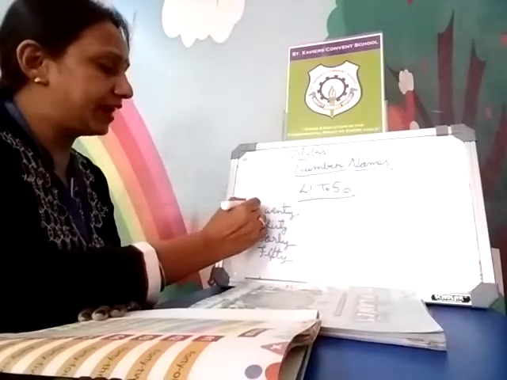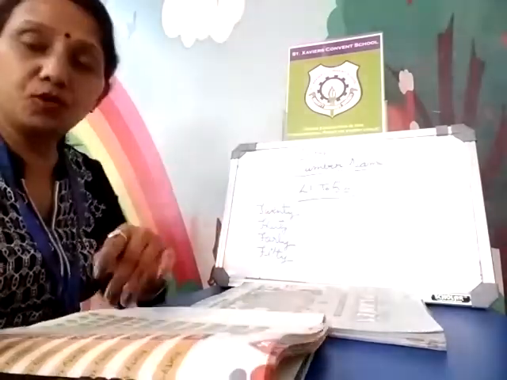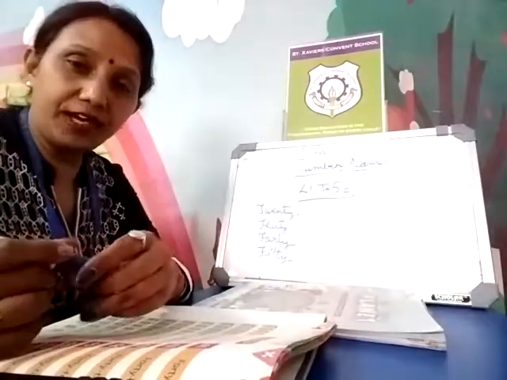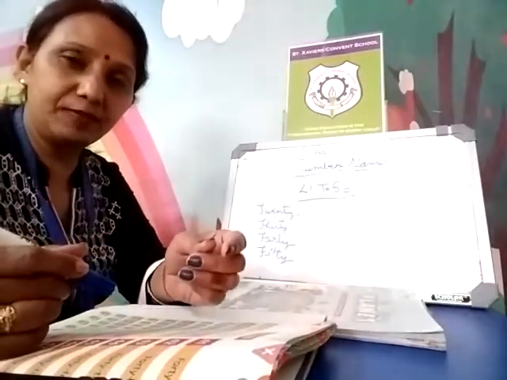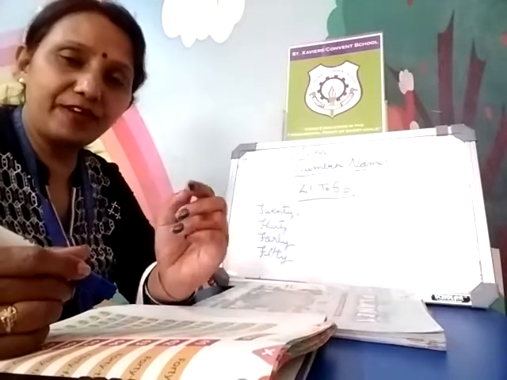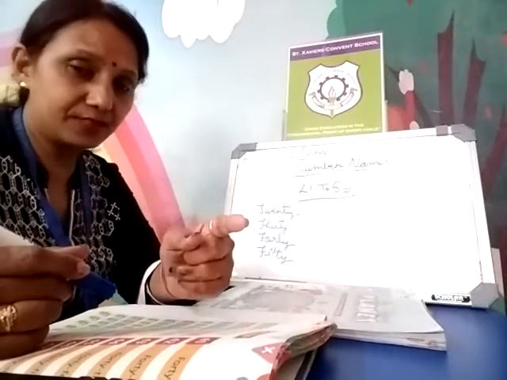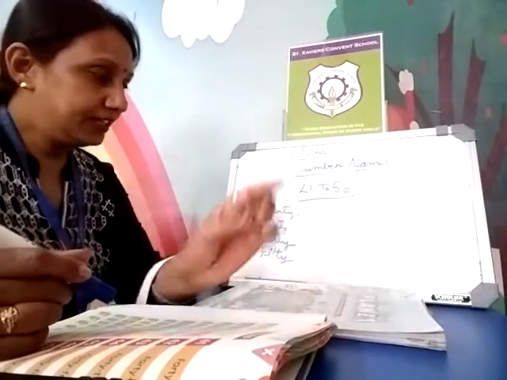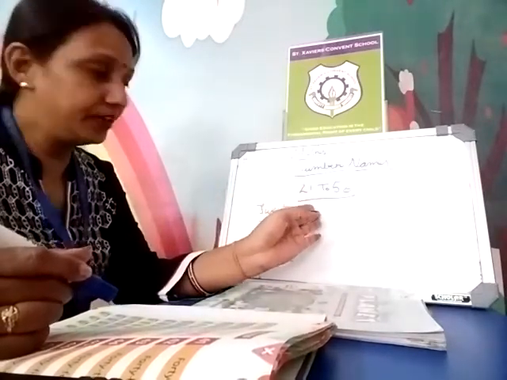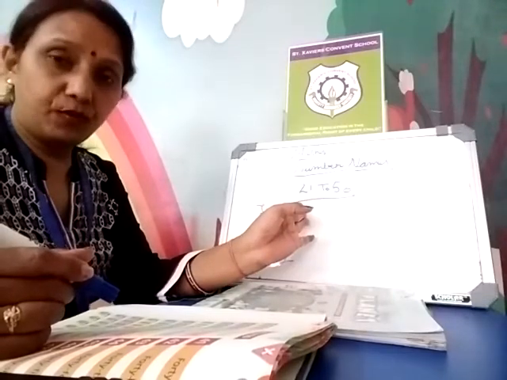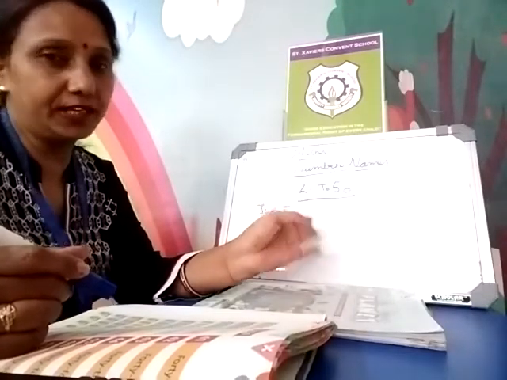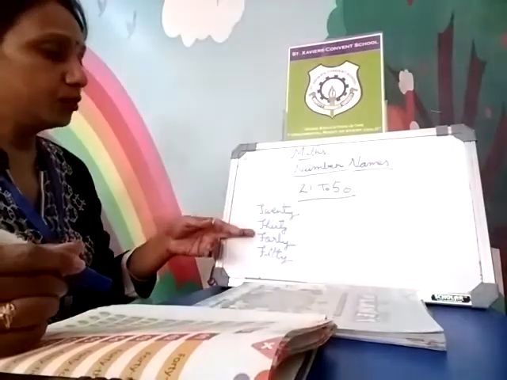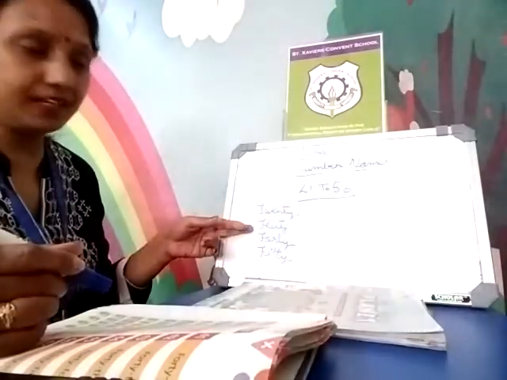If you know the spelling of 20, you can write 21 to 29 very easily, because you know the spellings of 1 to 9 very well: ONE 1, TWO 2, THREE 3, FOUR 4, FIVE 5, SIX 6, SEVEN 7, EIGHT 8, NINE 9. Till 9 you write with 20, so it will become the spelling of 21 to 29. And what comes after 29? 30. You write the spelling of 30, THIRTY.